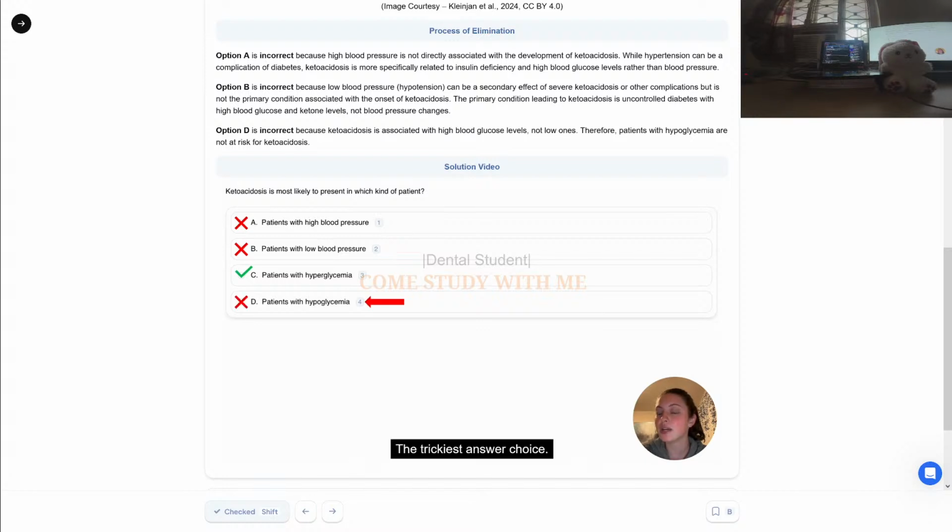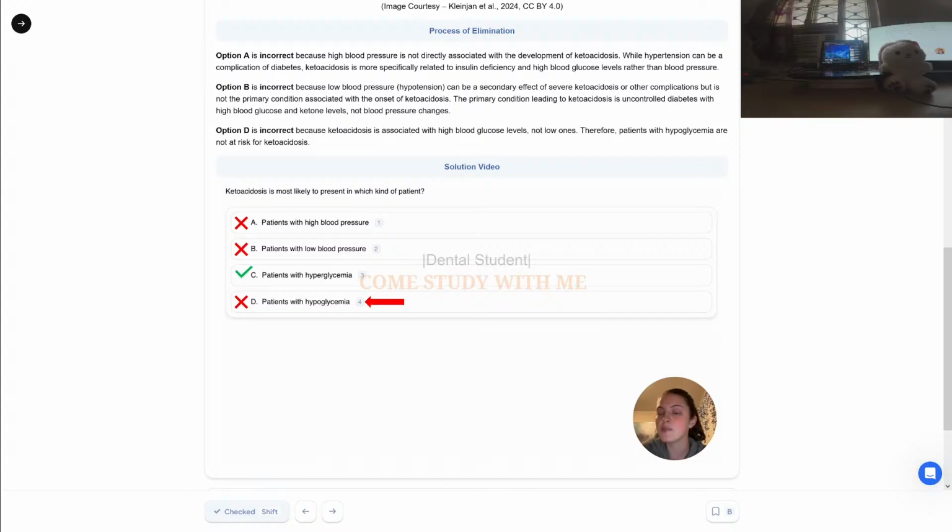Now, this was probably the trickiest answer choice. You may have just remembered that ketoacidosis is associated with diabetes and been unsure of if it was associated with hypoglycemia or hyperglycemia. Just for a refresher, hypoglycemia would indicate low blood sugar levels. And although it can be experienced by anybody who has not taken in sufficient glucose, it is mostly a complication seen in diabetics who take their insulin but do not eat in a timely manner, or their insulin dosage is